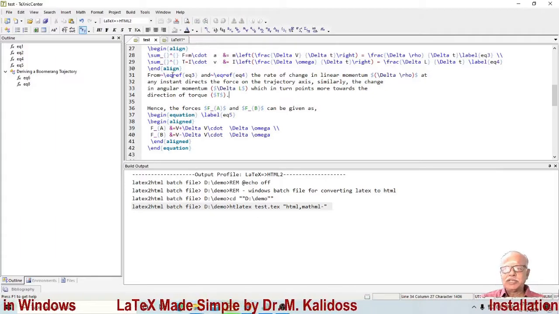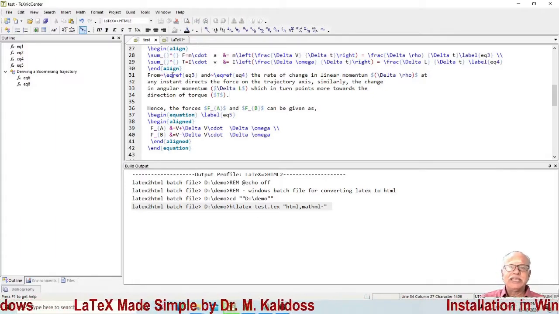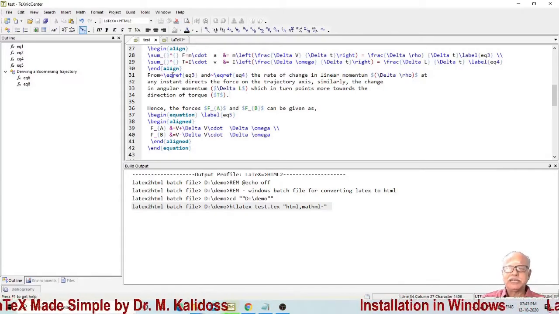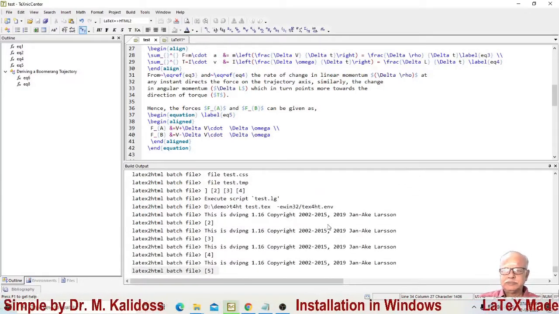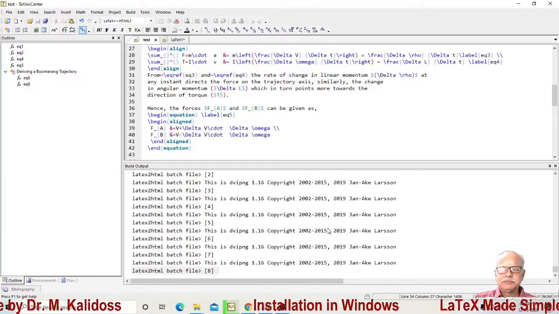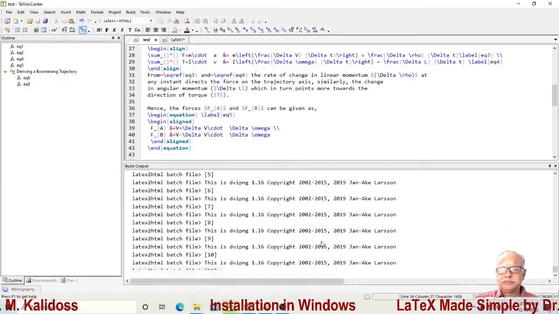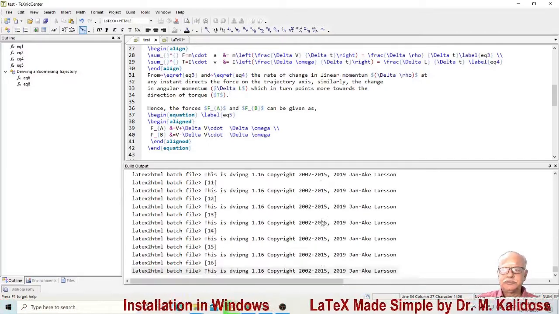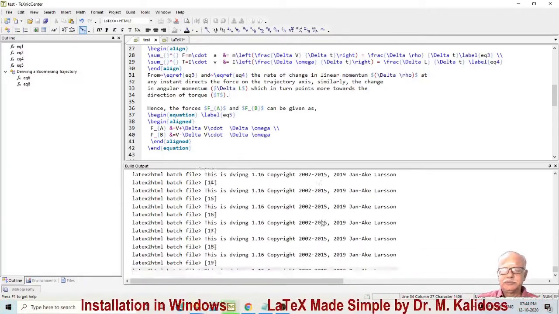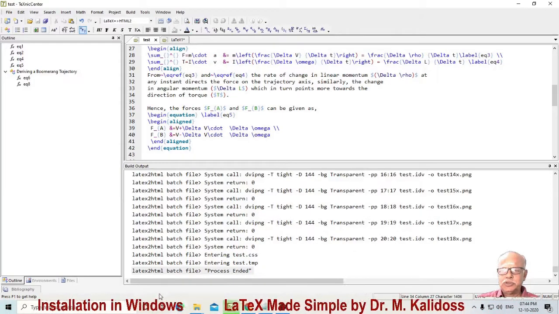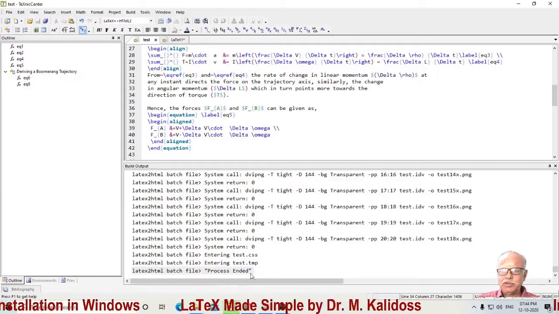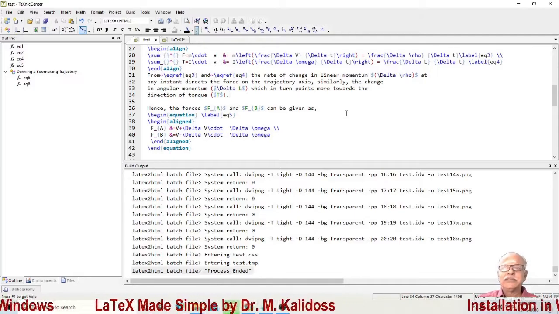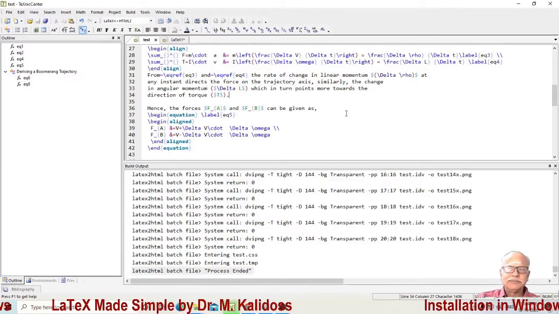Usually, latex to HTML will take a long time to generate fonts. You have to be patient. Remember, you have to wait till you get the line process ended. Then press F7.